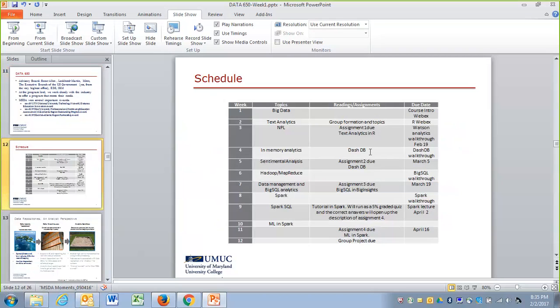Here in this slide, I have summarized the complete course schedule. Of course, this schedule is in the course syllabus. You can see it in the course with due dates and all of this. I just added this last column to give you a more practical view of how we are going to proceed in this course.